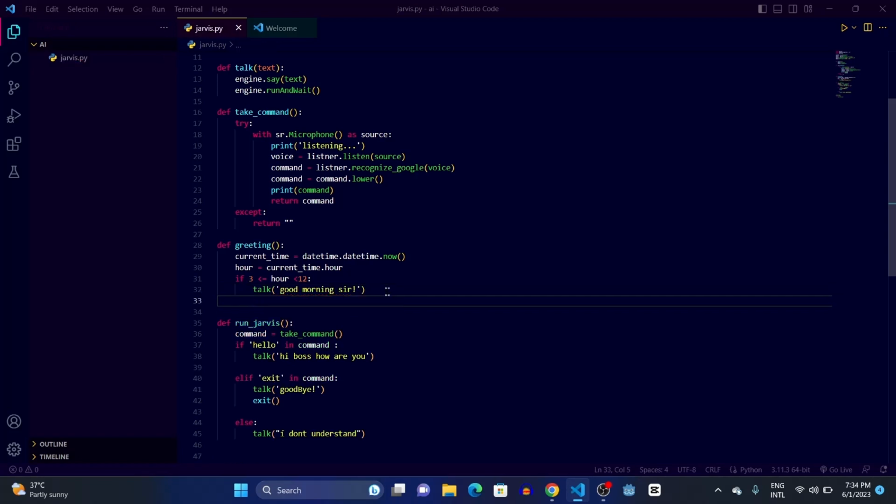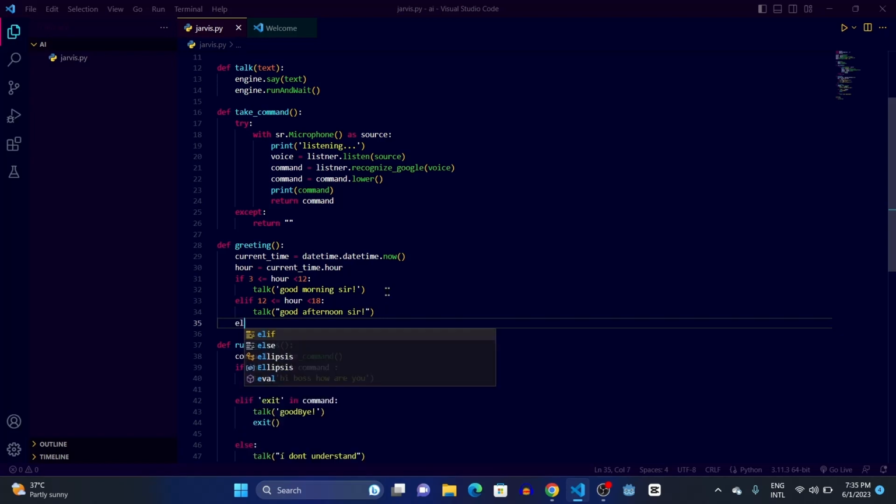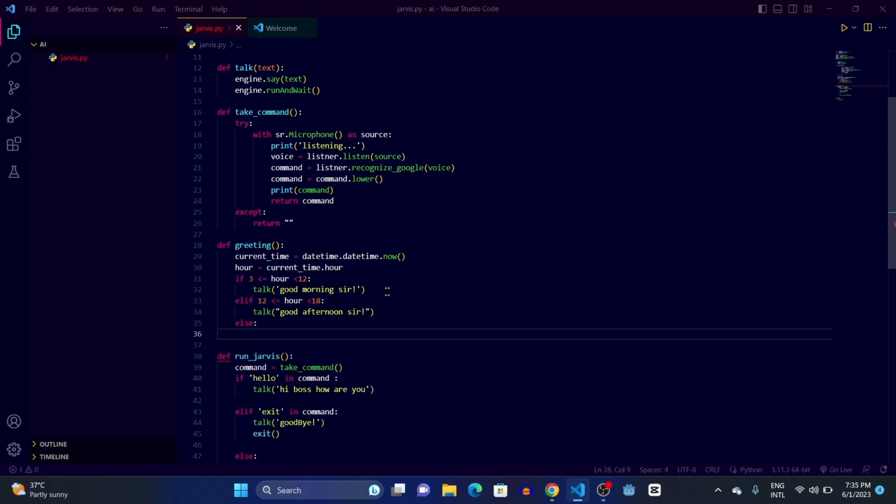And then we will write another elif: 12 smaller or equals to power and smaller than 18. Okay, so then we are going to make it talk. Otherwise we will write else. Otherwise we will talk good